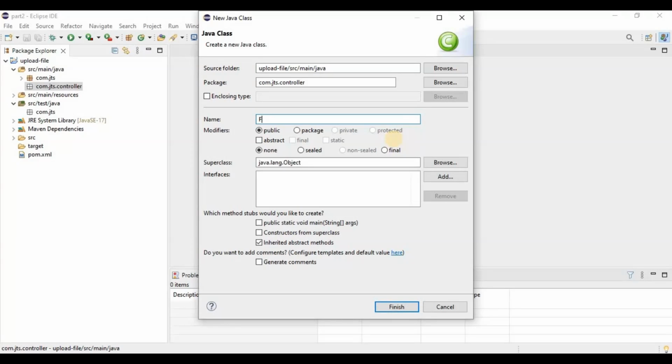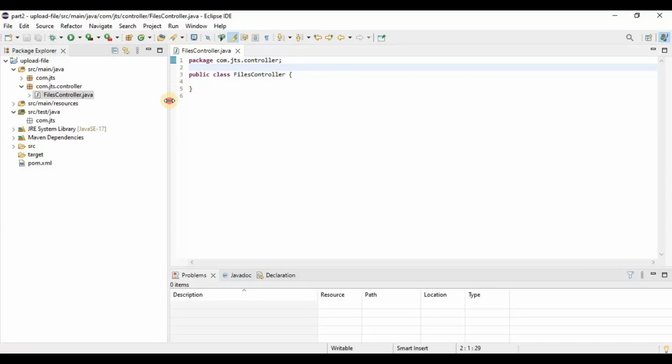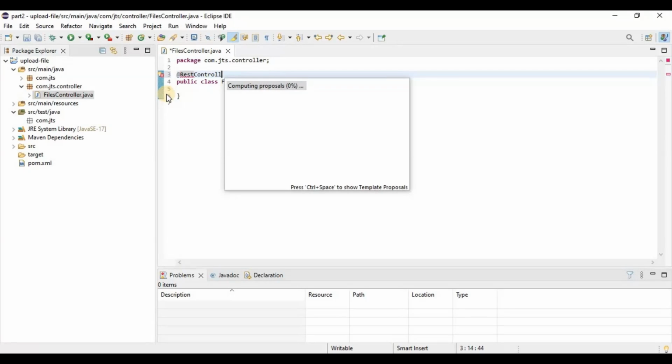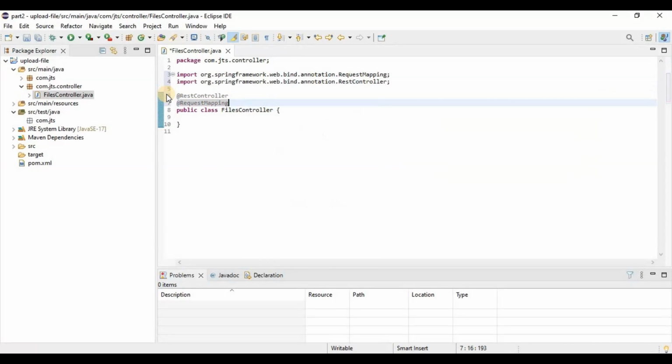FilesController maybe, or whatever name you feel like giving. Okay, so it's created. Now we are going to annotate it as a RestController, and here we are also going to provide the request mapping. Let's say it's /api. Next we are going to create two